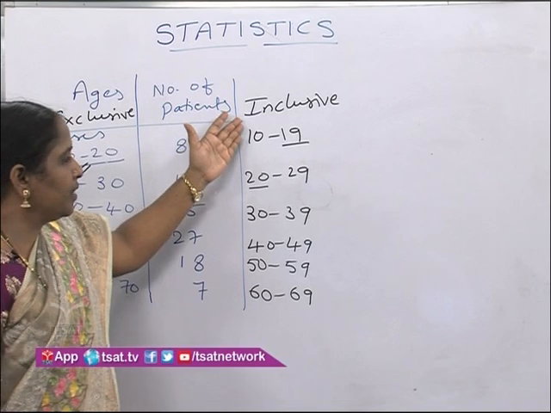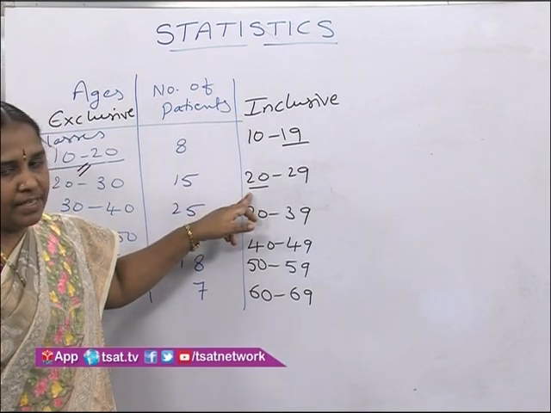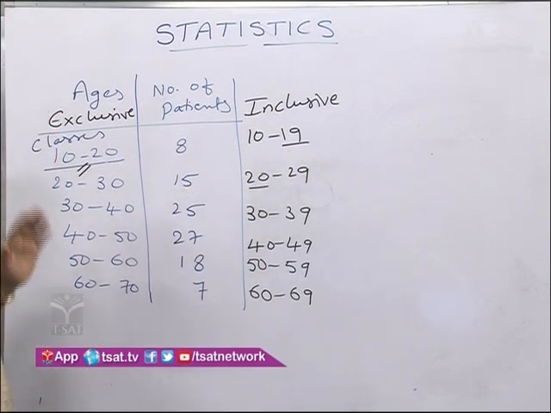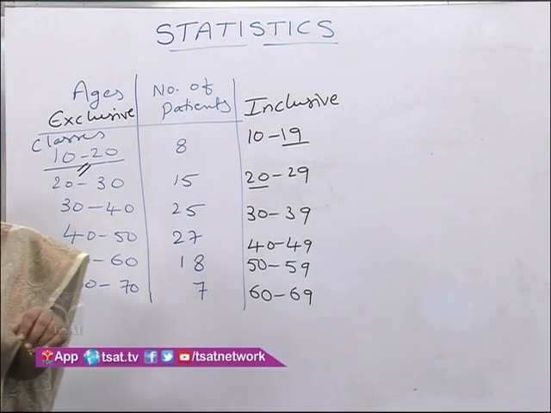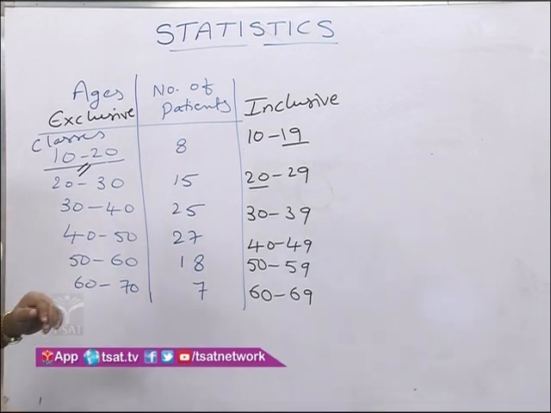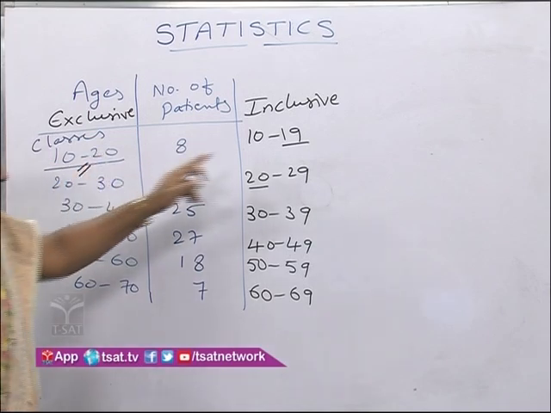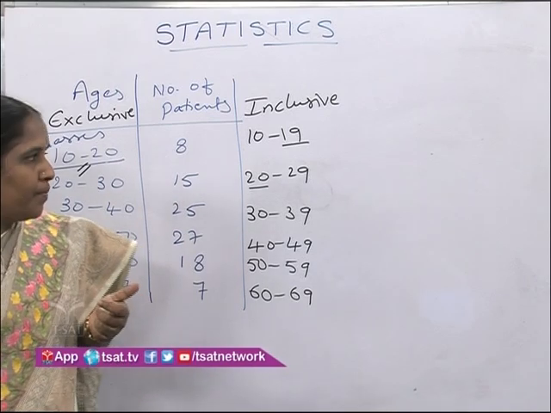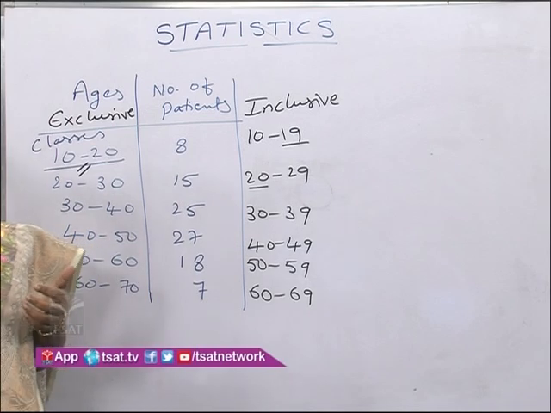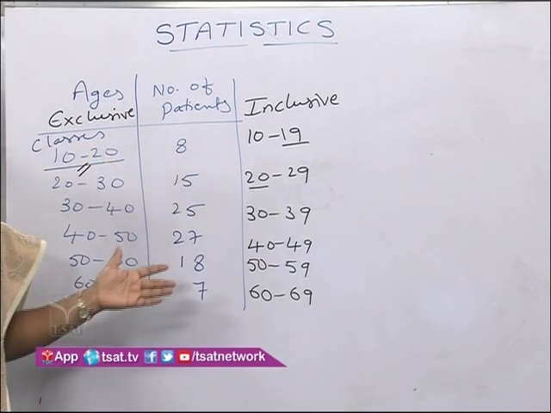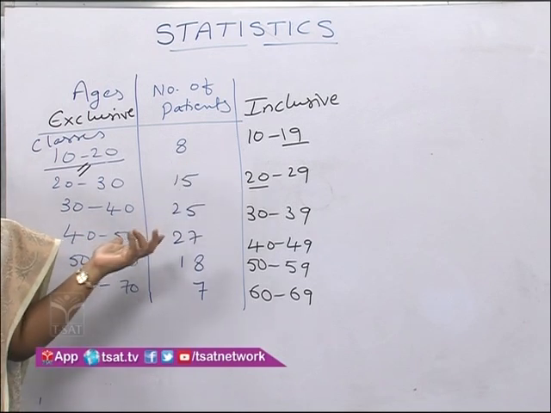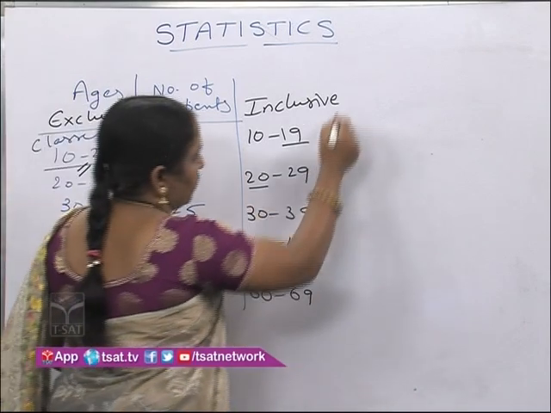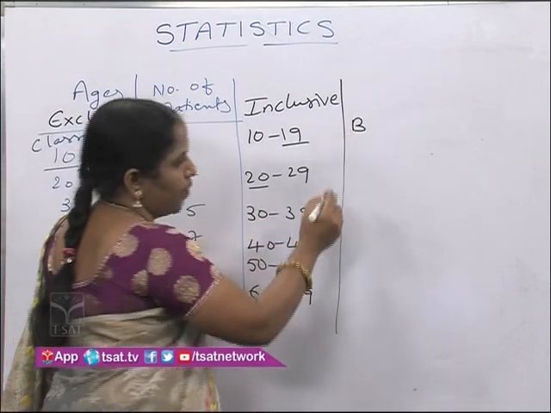And when you come to inclusive, they are non-overlapping. They are also called discrete classes. So, these are the two types of classes we have. In the exclusive type, 20 and 20 are equal, and here 19 and 20 have a difference of 1. Now, if any observation like 19.5 or 19.6 is there, we have to include it in a certain class. But if this kind of grouping is there, we can't include that. So, for that we need to find the limits, the boundaries of the classes.